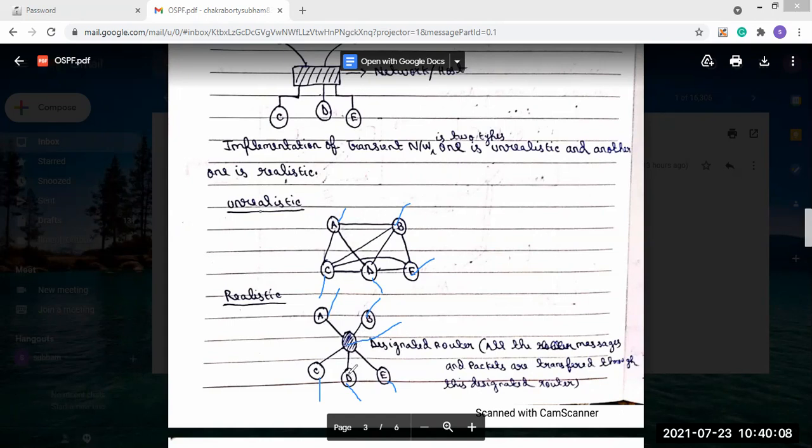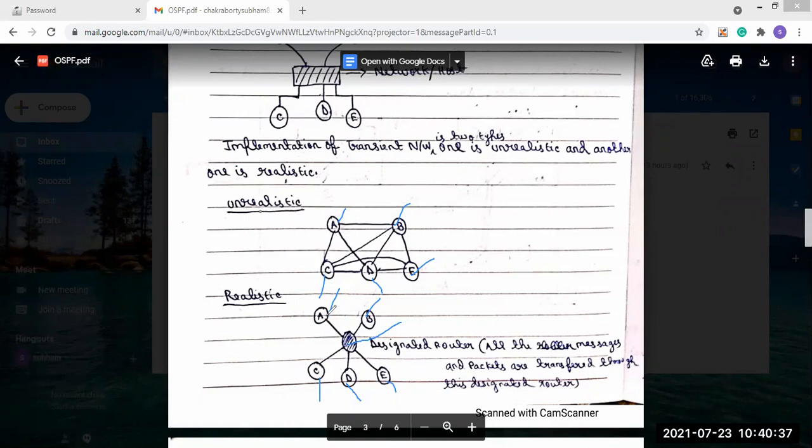Same as that, if D wants to send something, the message or packets are sent through the designated router, and through it the packets will go to router A. So all the messages and packets are transferred through this designated router. This is the implementation of the transient network, and it is of two types.